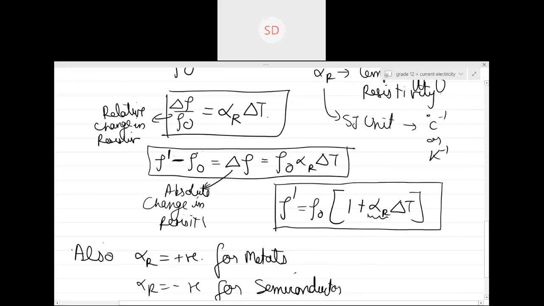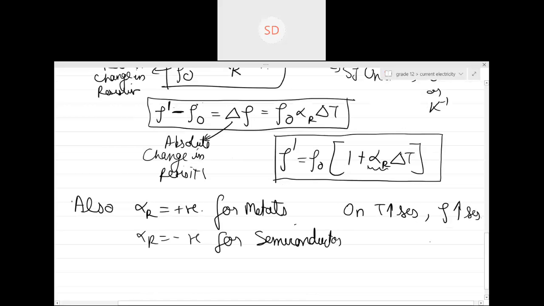Is this clear, guys? Alpha R is positive for metal, alpha R is negative for semiconductor. Please note, if this happens, then on increasing temperature, resistivity will also increase for metal. But in the case of semiconductor, on increasing temperature, resistivity will decrease. It has some other reasons as well which we will be discussing in the semiconductor chapter. Okay,